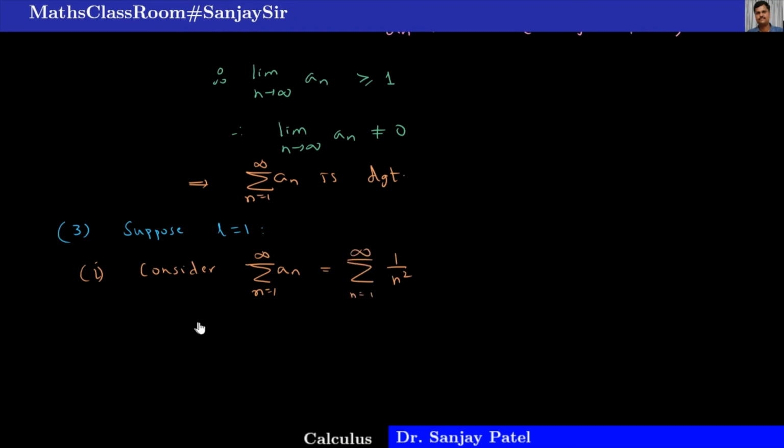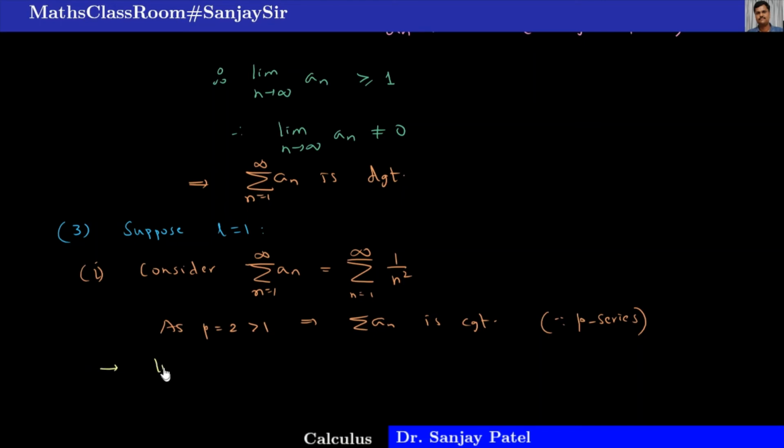This is a p series, it is clear, and p is equal to 2, which is greater than 1, therefore this series is convergent. So as p is equal to 2, which is greater than 1, it implies this sigma a_n is a convergent series, because it is a p series. So by the p series test, we can see this. Fine. The next step I want to consider here is